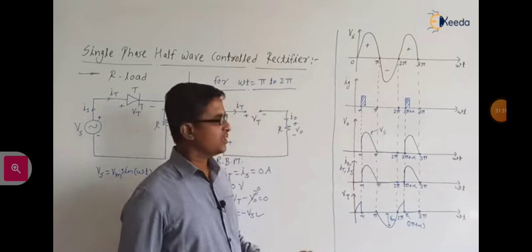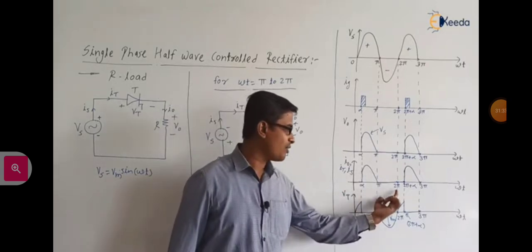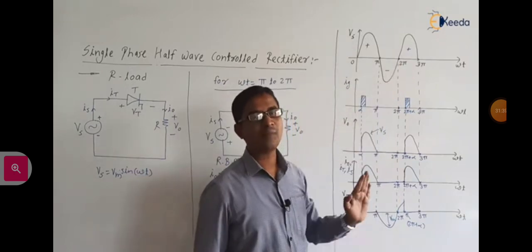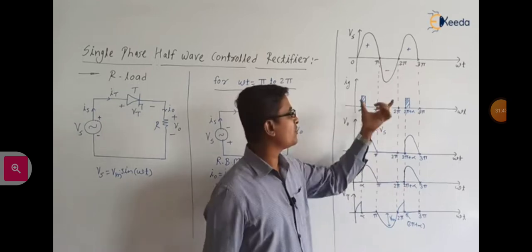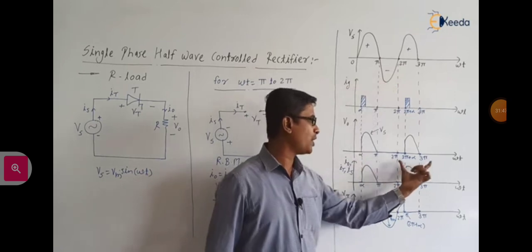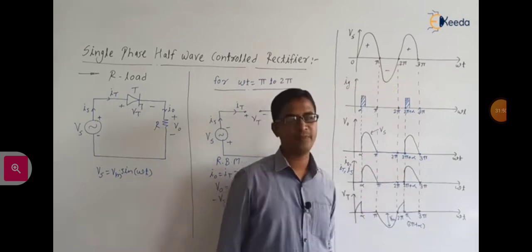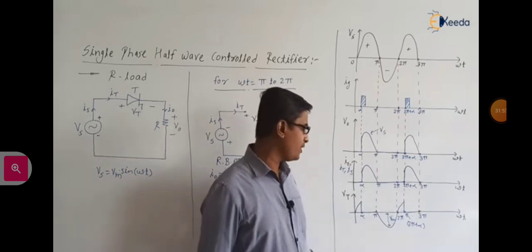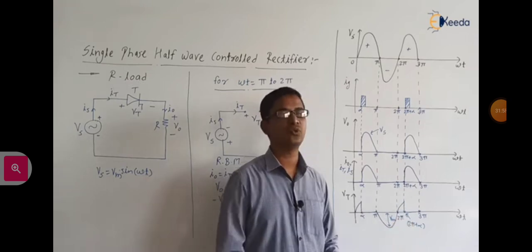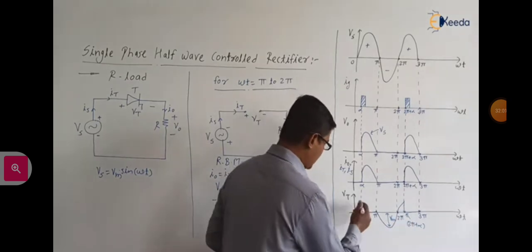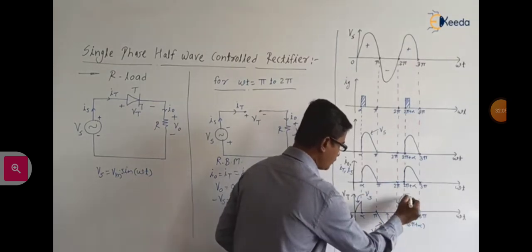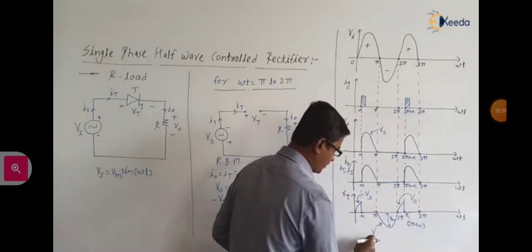Okay, so after 2 pi what will happen? Here 0 to 2 pi, one cycle of the supply is completing. So after 2 pi the second cycle will start. Whatever waveform we have in the output from 0 to 2 pi, the same will repeat from 2 pi to 4 pi. Are you getting the point? For Vt also, from 0 to alpha it is Vs, so from 2 pi to 2 pi plus alpha it will be Vs only. So this is Vs, this is also Vs, this is also Vs. Is this clear?